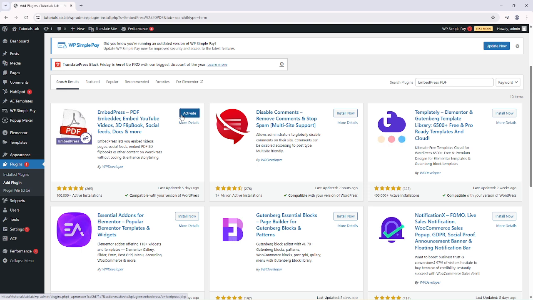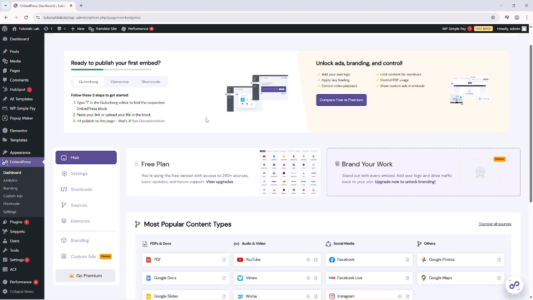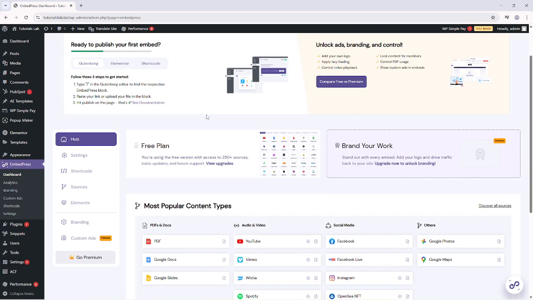After the installation is complete, you'll notice the button changes to Activate. This is a crucial step because simply installing the plugin doesn't make it functional yet. Click on Activate to enable the plugin on your WordPress site. Once activated, EmbedPress will be ready to use within your Elementor editor, allowing you to seamlessly embed PDF files into